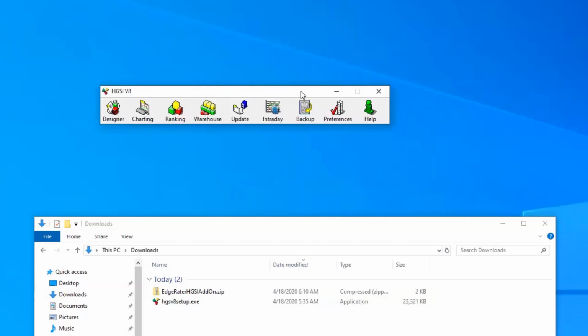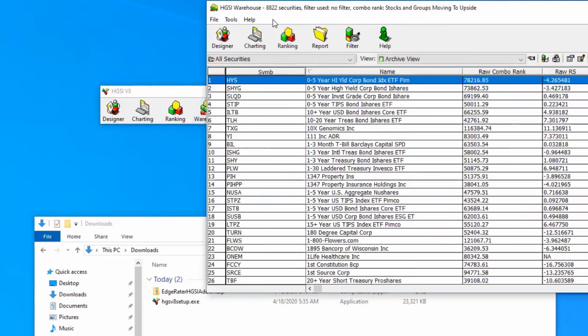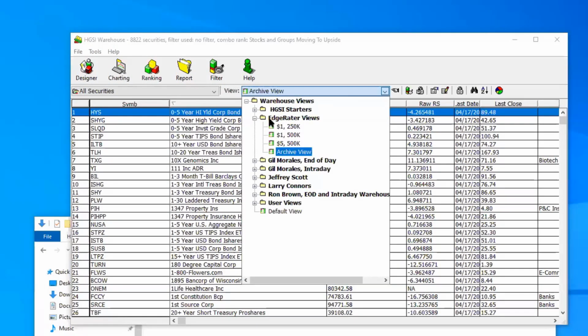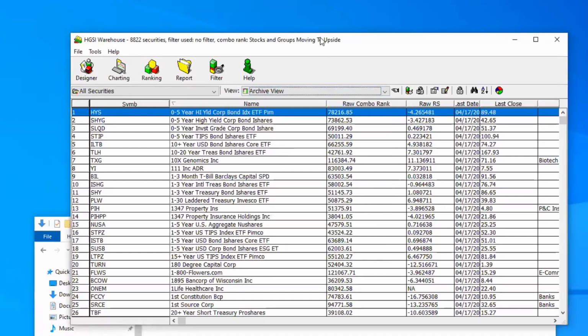And now what that's given you is, if we look at the warehouse and we look in the views of the warehouse, there is now EdgeRater views. And the view that I'm really going to get into today is the archive view. And what that is